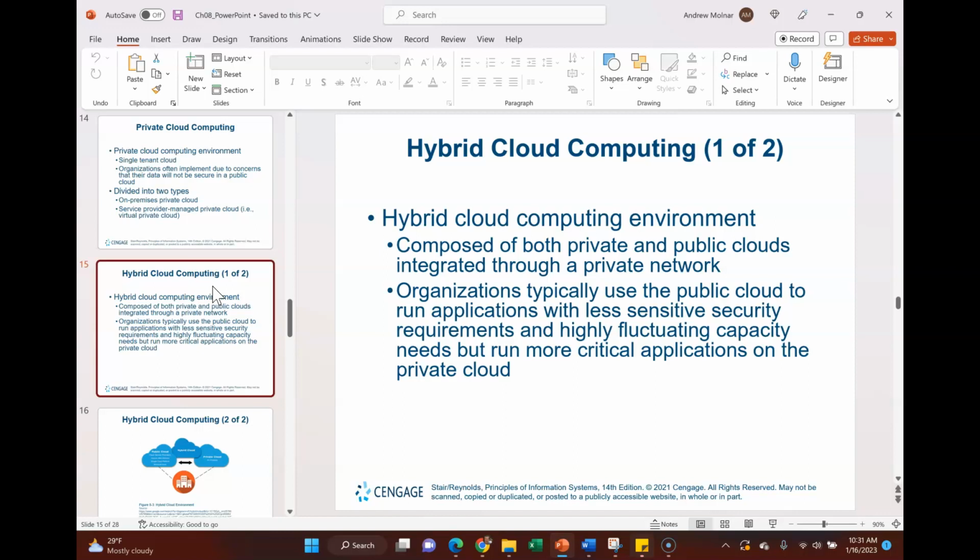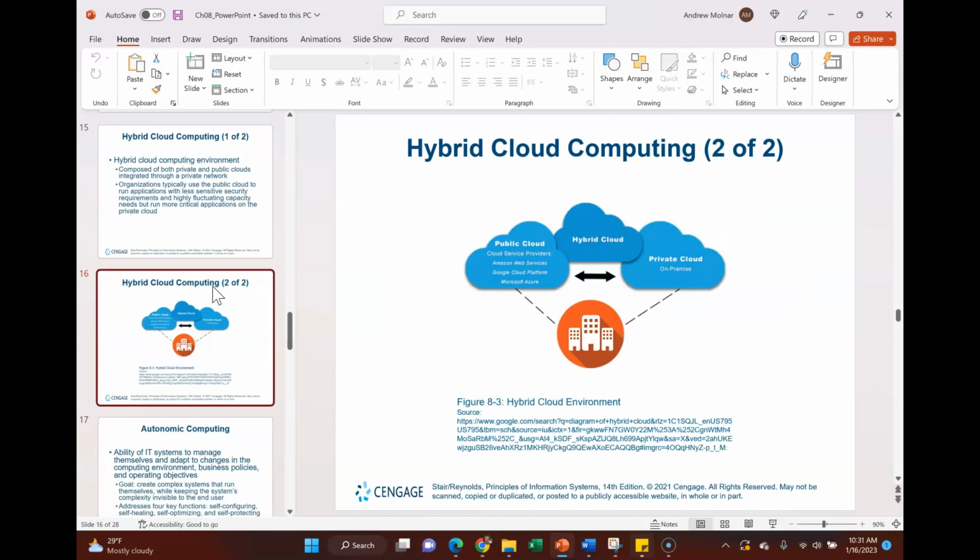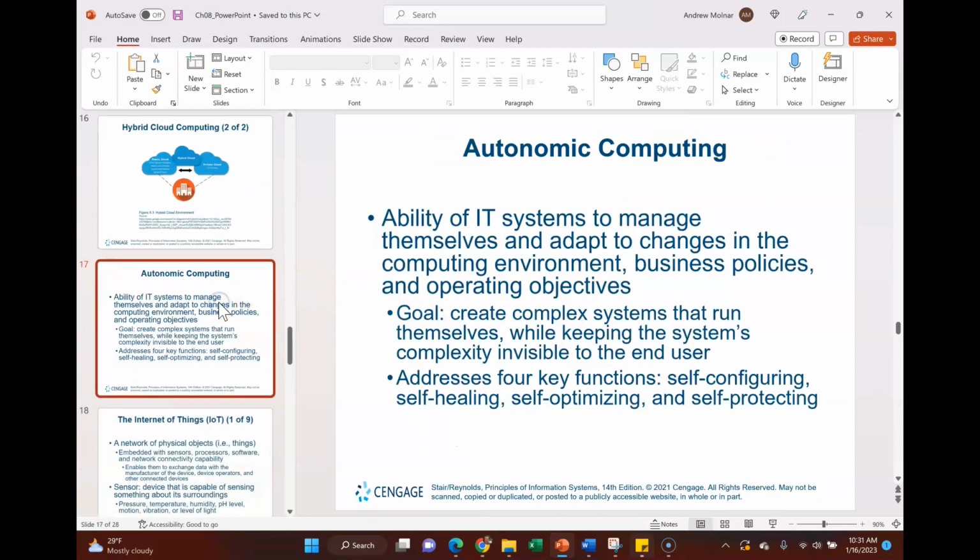Then that would be called multi-cloud computing. Just something further to consider. This was my graph of the hybrid cloud computing, and you can see it's shared between on-prem or private cloud and your public cloud. There is a hybrid activity going back and forth.